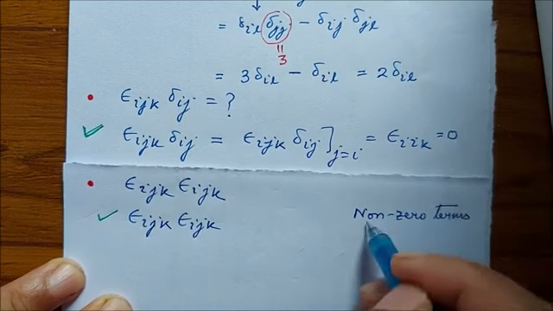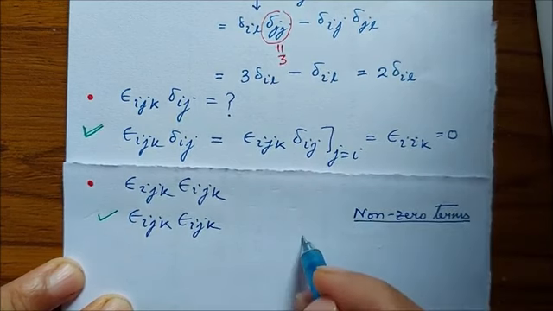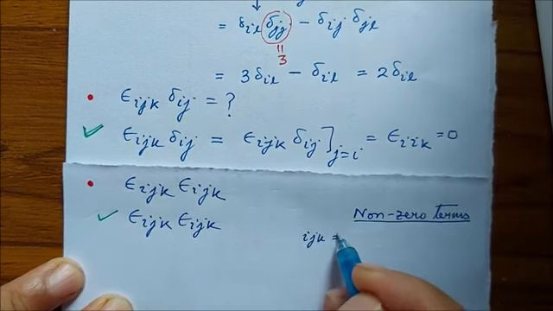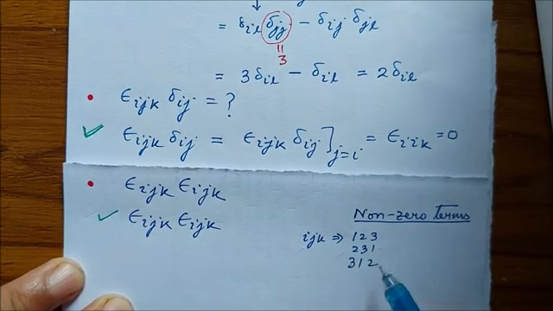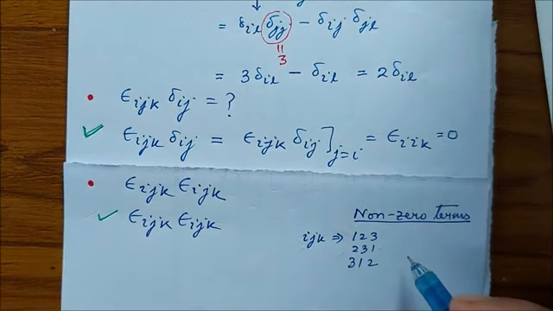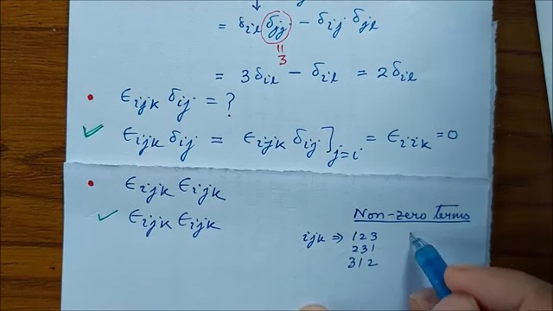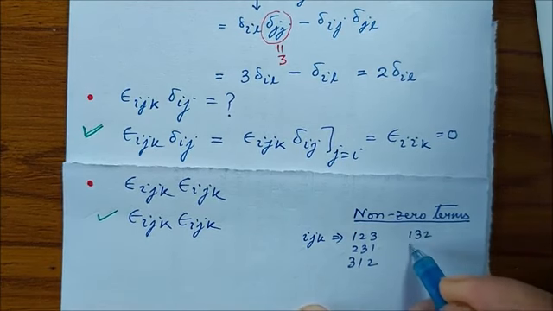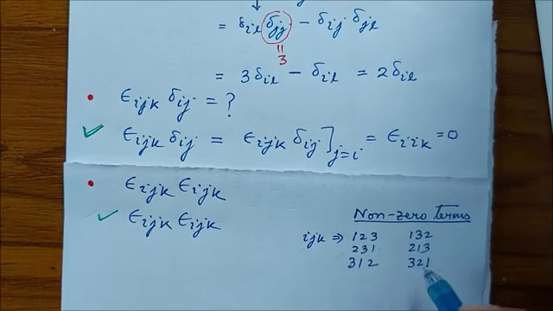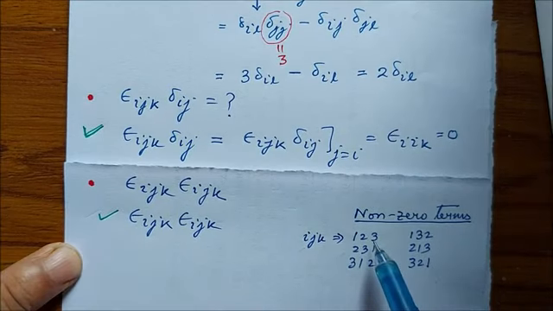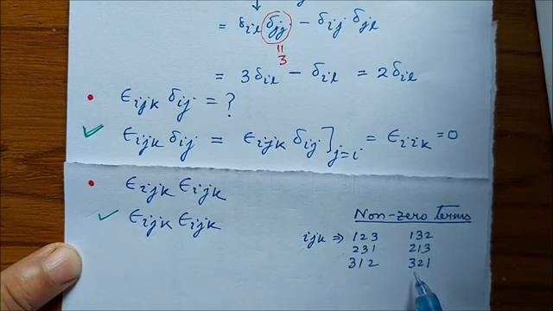So non-zero terms are those corresponding to ijk values to be 1, 2, 3, 2, 3, 1 and 3, 1, 2 for cyclic occurrence, the values of which are all +1, and 1, 3, 2, 2, 1, 3 and finally 3, 2, 1 for non-cyclic occurrence, for which the value of Levi Civita symbol is -1. So let us write down the 6 terms 1, 2, 3, 4, 5, 6, and we get